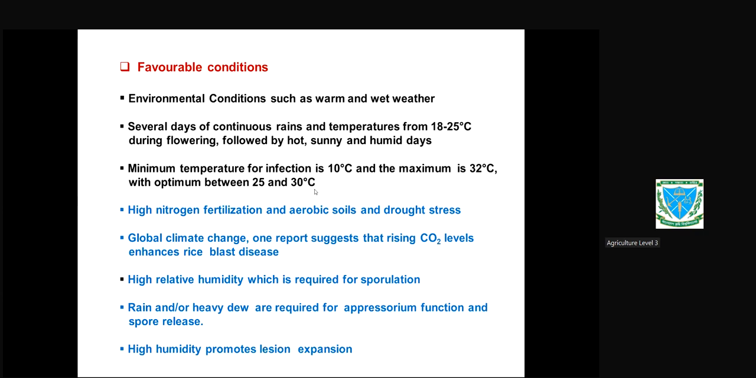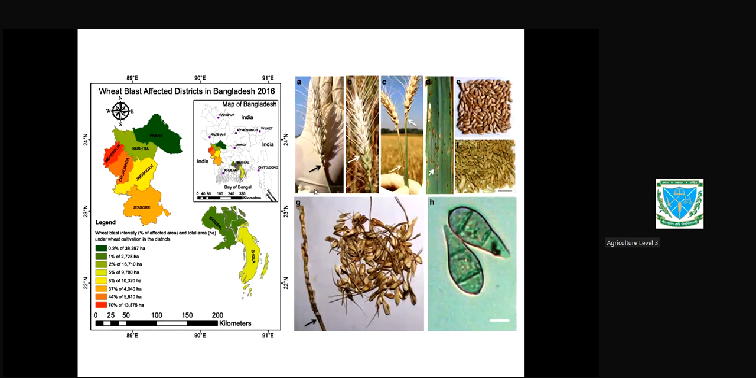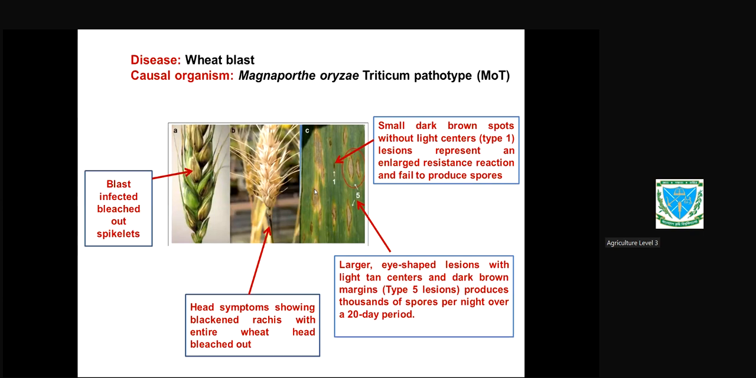So these are the weather conditions: warm and wet weather, continuous rain, especially in February or during flowering, followed by hot and sunny days. And high nitrogenous fertilizer, low irrigation, high relative humidity, rain and dew. So now we move to the symptoms. Once the pathogen comes in contact,